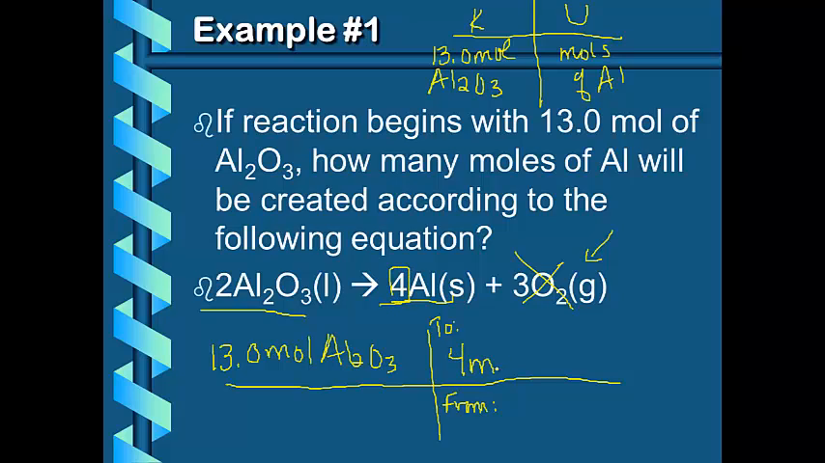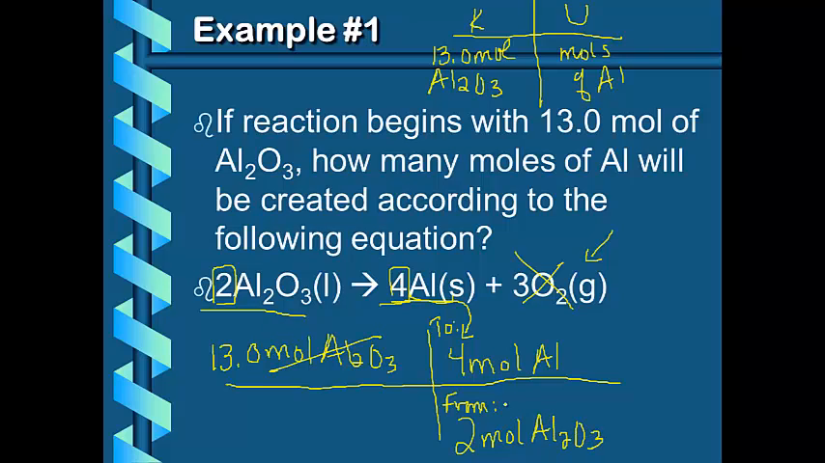It's simply 4 moles of aluminum. It's that recipe. It's that chemical recipe. So 4 moles of aluminum goes on the top. I want to get rid of moles of aluminum oxide. So here's my mole ratio for this one. I'm going to have 2 moles